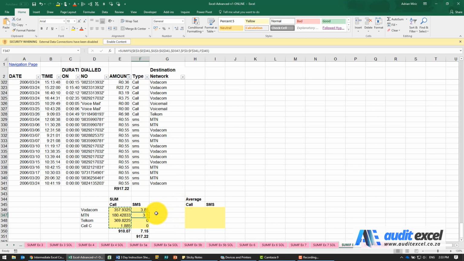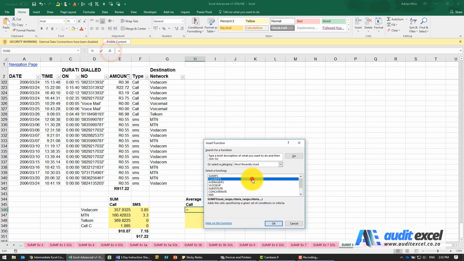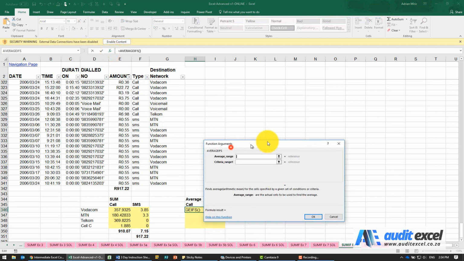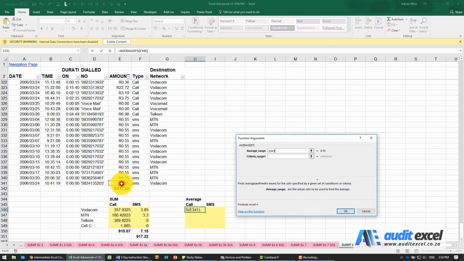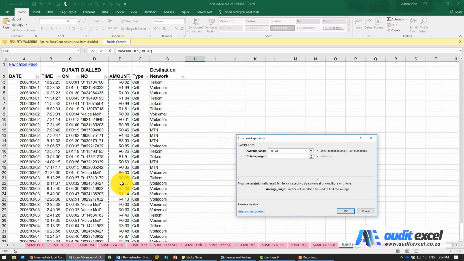Now let's do the AVERAGEIFS. So we go here, we're going to use the AVERAGEIFS. The average range, again, we're going to highlight that area and put our dollar signs on.